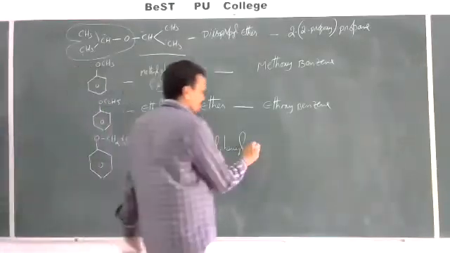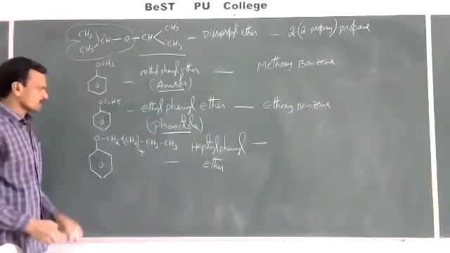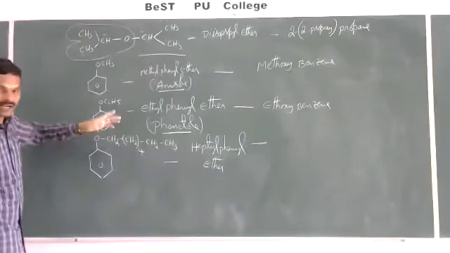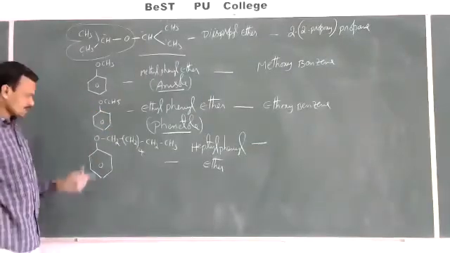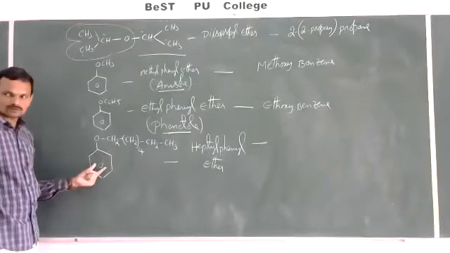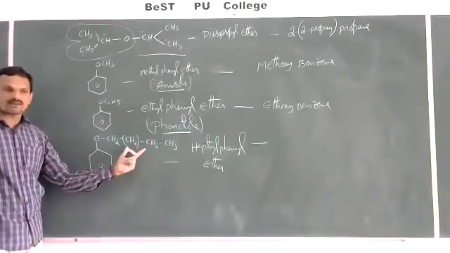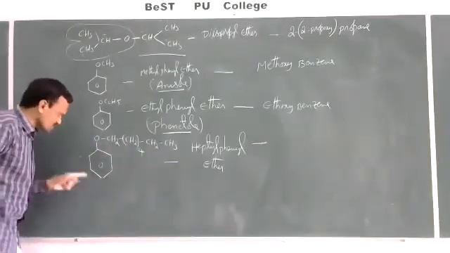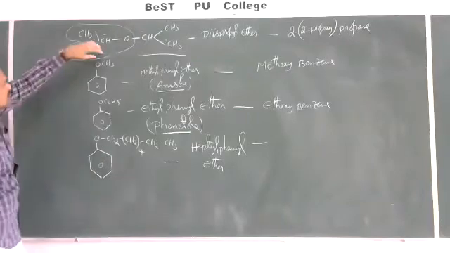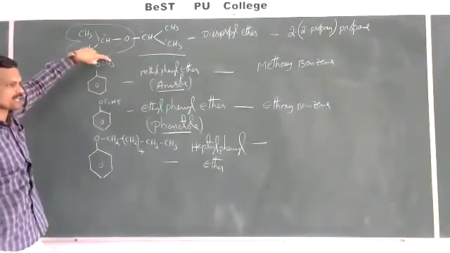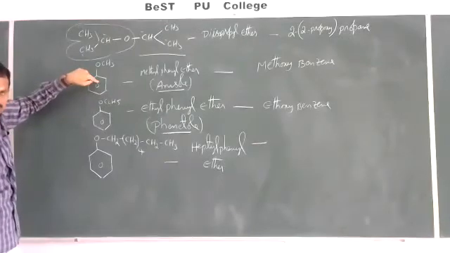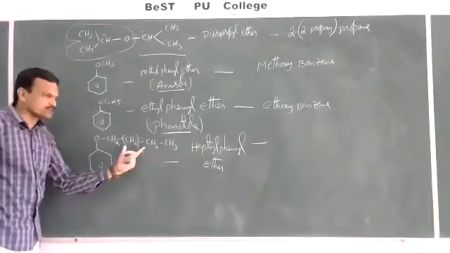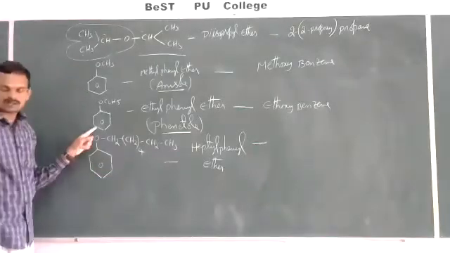Then what is its IUPAC name? Let us see now. Here this is named as methoxybenzene, this is ethoxybenzene, this is not heptoxybenzene. Why? Because here this benzene ring contains 6 carbons only, whereas this alkyl group contains 7 carbons. So this should be taken as the parent chain, and this phenoxy is represented as the branch. Here methoxy, this alkoxy, is represented as the branch, and this is taken as the parent alkane. And in this heptyl group, this should be taken as the parent chain, and this phenoxy is represented as the substituent.